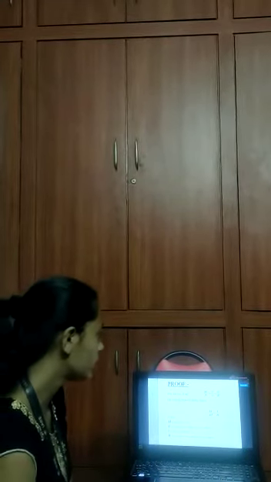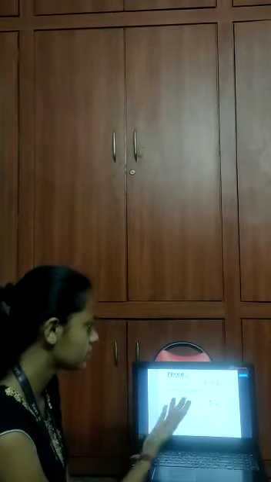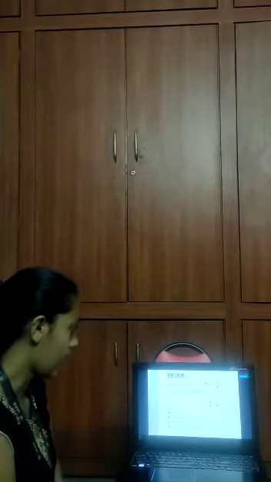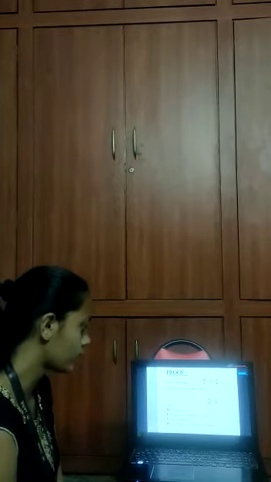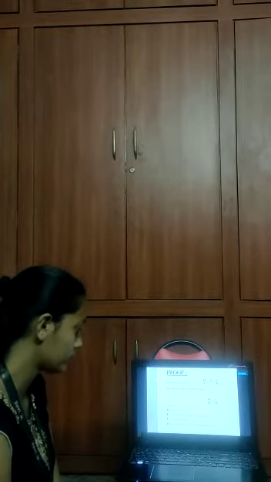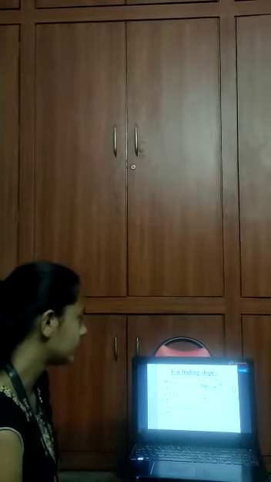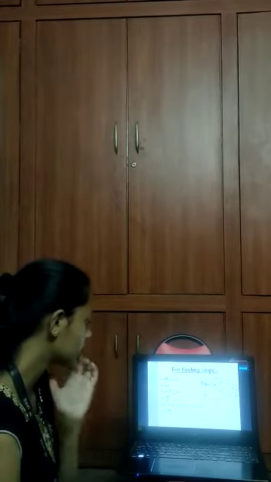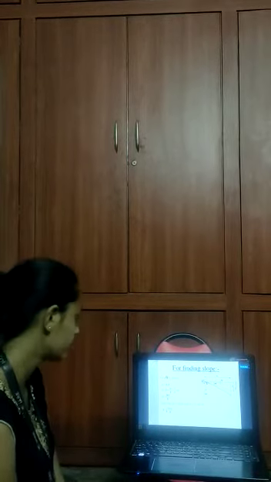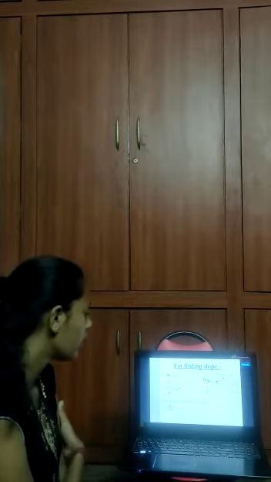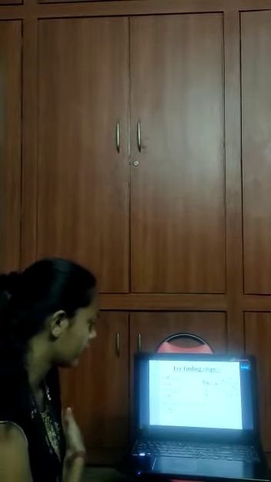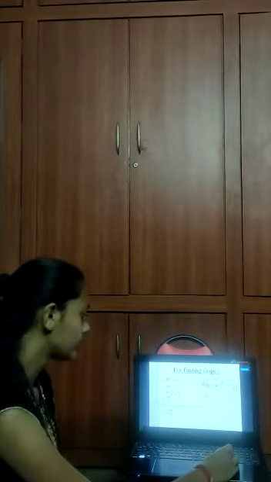Proof. We know that, ignoring the middle term, M by EI equals sigma by y equals E by R, where M is the bending moment, E is the modulus of elasticity of the material, I is the moment of inertia, and R is the radius of curvature of the member. For finding slope, for d theta in radians, ds equals R d theta. So d theta equals ds by R, equals 1 by R into ds. The total change in slope from A to C will be theta equals the integration from A to C of M ds by EI.